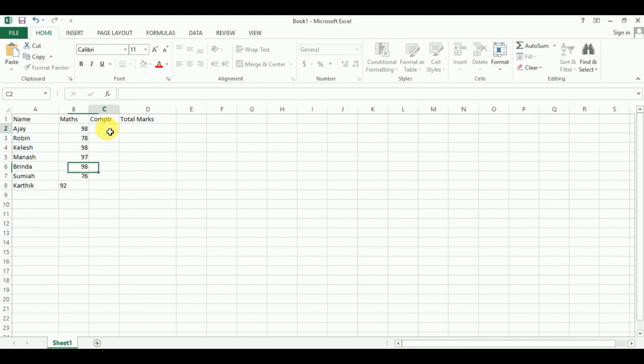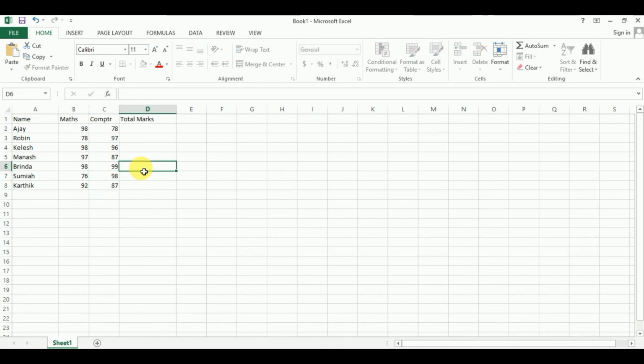Okay, and computer subject 78, 97, Manoj he got in the last exam suppose 87, then 97, 99. Okay, Sumya got 98 in the last exam, and Kartik 87.